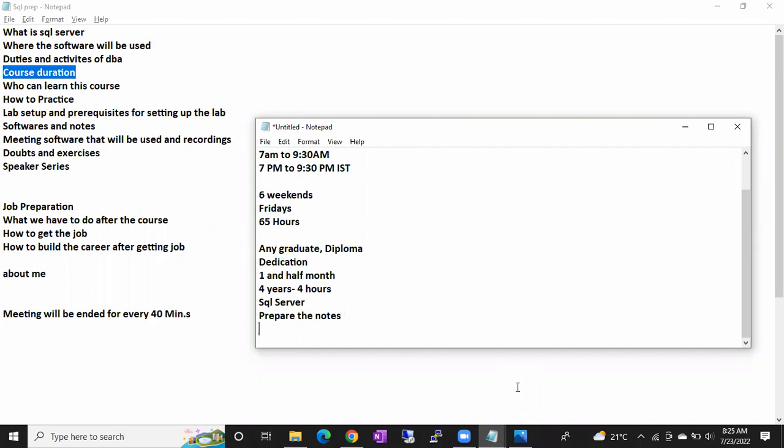You have to practice daily and explore the things so that you can easily get the subject. Once you get the subject, you will get the confidence. Once you get the confidence, definitely in the interview, people are going to test your knowledge. Apart from knowledge, they are going to test your confidence. Why? Because you're an experienced DBA now. An experienced DBA should have confidence, right? So this course will discuss the subject, as well as build the confidence throughout the course, guys. This is what I want to convey.